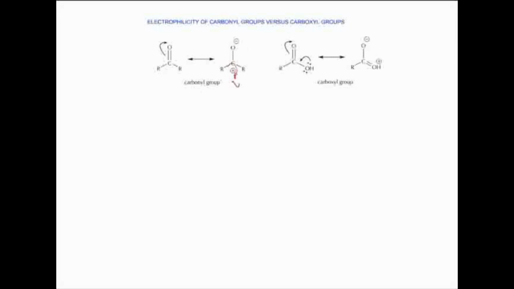Whereas here, when you have a carboxylic acid group, you are having an oxygen over here. So whenever a positive charge is developed, this will donate electrons. The lone pair of electrons present on this heteroatom will be donated like here, and the electrophilicity is reduced. So the second category of compounds are less electrophilic compared to aldehydes and ketones. All right, so this is the subtle difference between the two